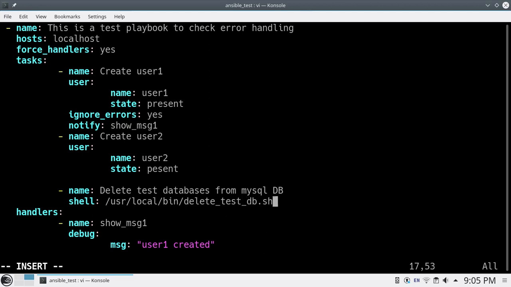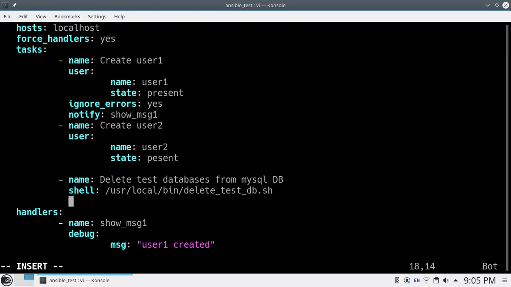Now what happens if you are running this and you may not have a test database available in your server? In that case obviously it will fail, but that is not a problem for you if the test database is already not there, because that's what you need. So instead of reporting that as failed, you can specify your own failure message, where if it is a permission error to delete the test db, it should then say it is a failure.